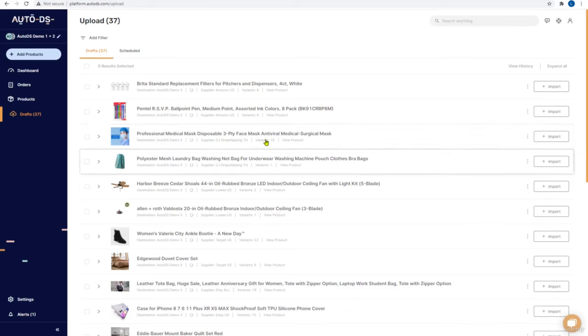How to edit your products on AutoDS. In the drafts page, you have an option to edit your items. You can choose to do so one by clicking on the arrow button next to each item or by clicking